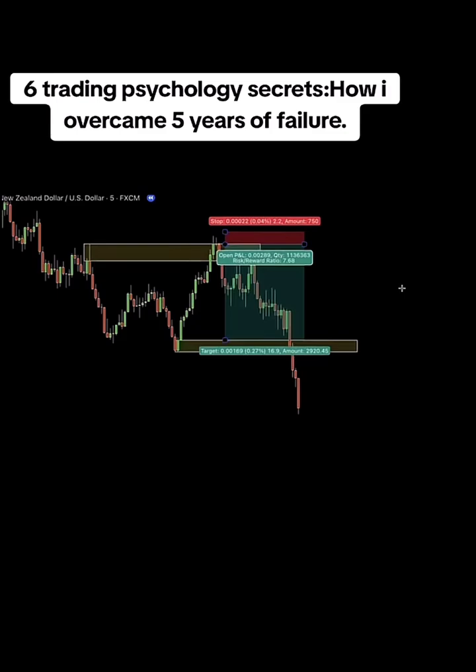Okay, so now how can you deal with this psychological issue when trading? First, accept that losses are inevitable. No trader wins every trade. Success comes from managing losses and staying disciplined. Second, trust your strategy. If you've done your homework and built a solid trading plan, stick with it. Don't let short-term results shake your confidence in the process. Finally, think long-term. A single winning trade with a good reward to risk ratio can recover multiple losses. Focus on consistent execution rather than fixating on the outcome of individual trades.